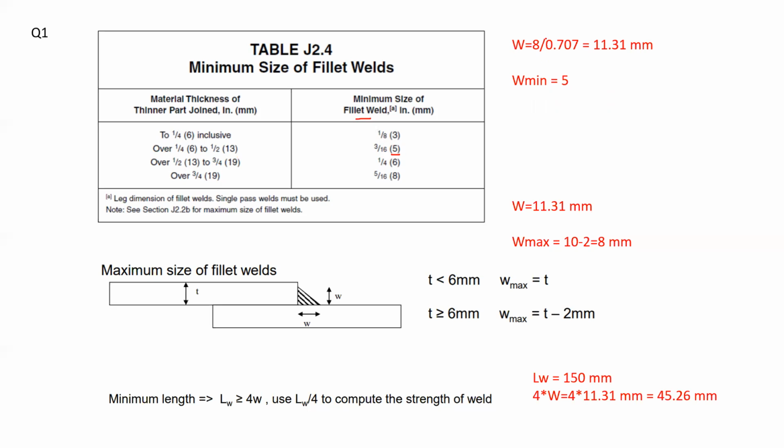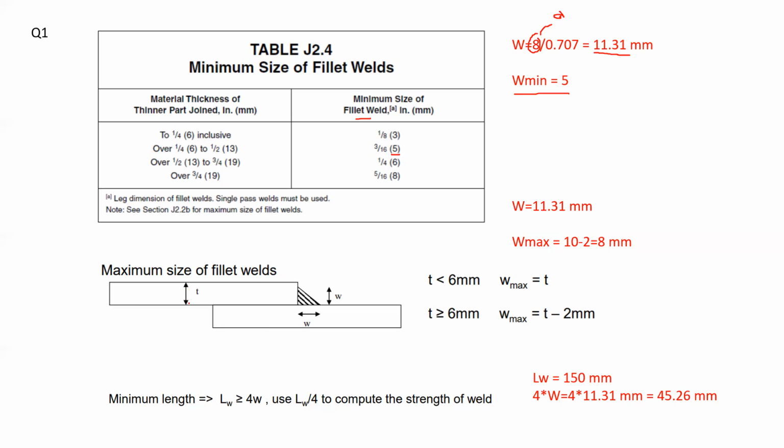by 0.707. Now, the 8, as I told before, this was A given to us. So this is how you'd calculate W. Now, from here, it seems that it is equal to 11.31 millimeters. And from the table, W minimum is equal to 5 millimeters as well. So if we make a comparison, we are above the minimum condition that we have. So this is good. Now, if we check for the maximum size of fillet weld, as you can see here,